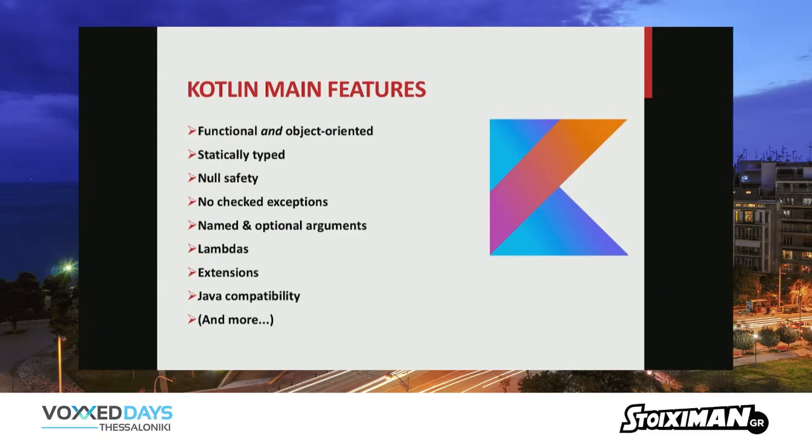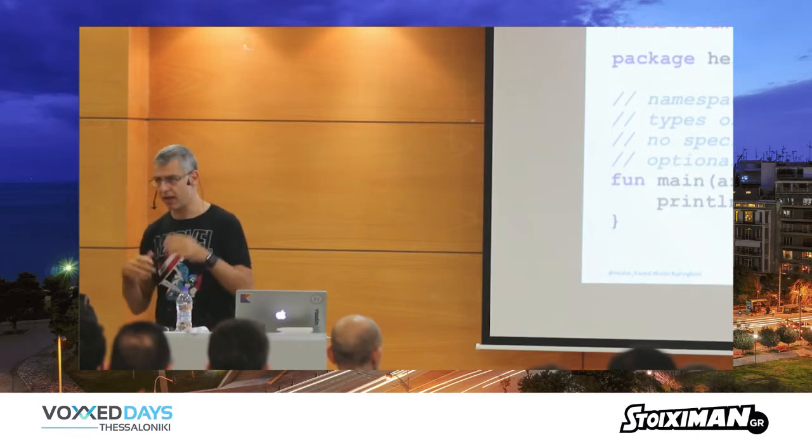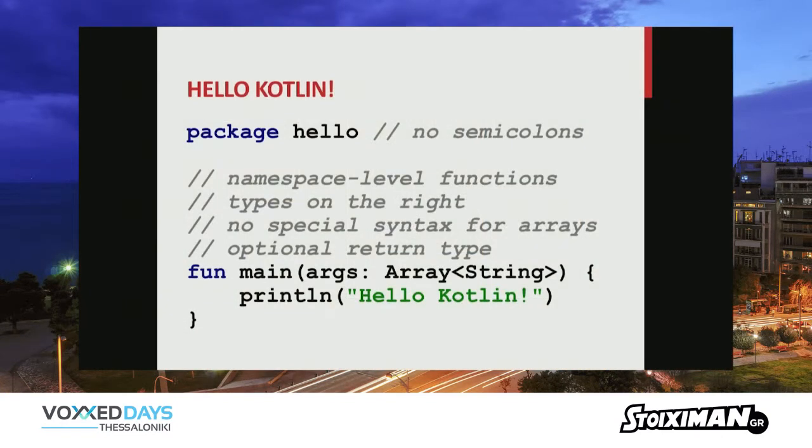So one of the core principles behind Kotlin is you must be able to work with Java seamlessly. So this is Kotlin code, very simple Kotlin code. Like all modern languages, there is no reason to write semicolons because line breaks are doing that for you. You can have a function